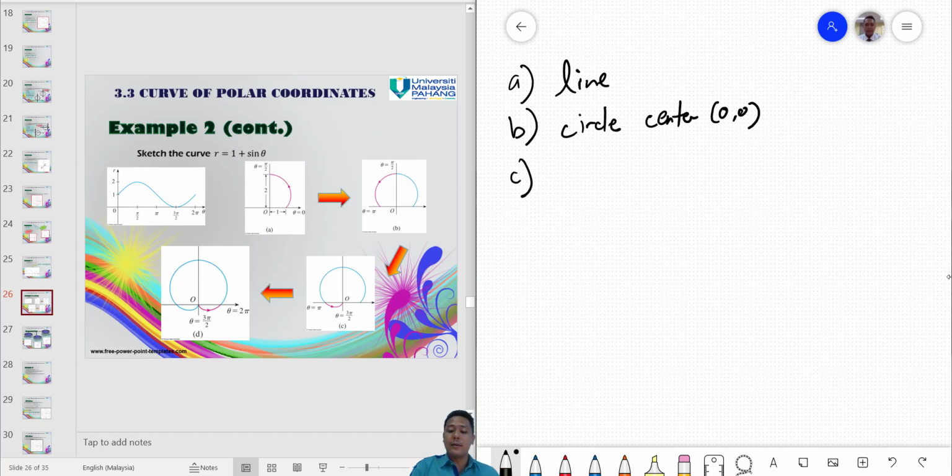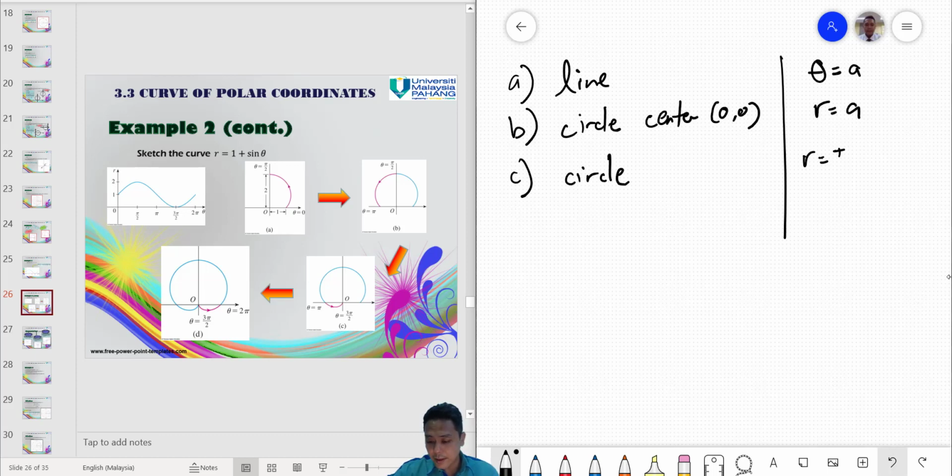If the value is theta equals a, a line. This one, r equals some value a, a circle. A general circle whose center is not at origin will be r equals a plus or minus